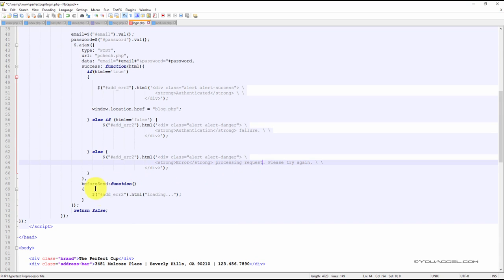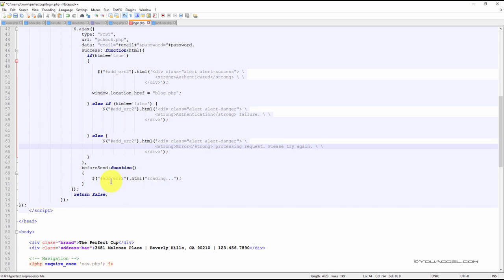And just like with the registration page, we display the word loading while all this is taking place. And again, the whole process only takes fractions of a second, so sometimes you might not even see this text displayed. Similar to the registration page, the error messages will be displayed in a div with the ID